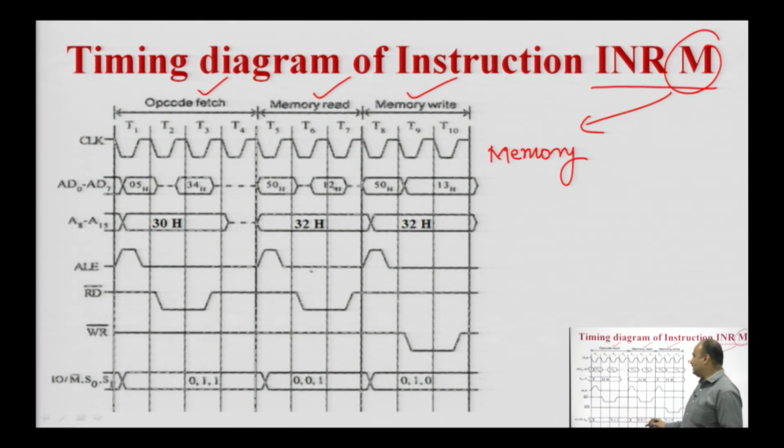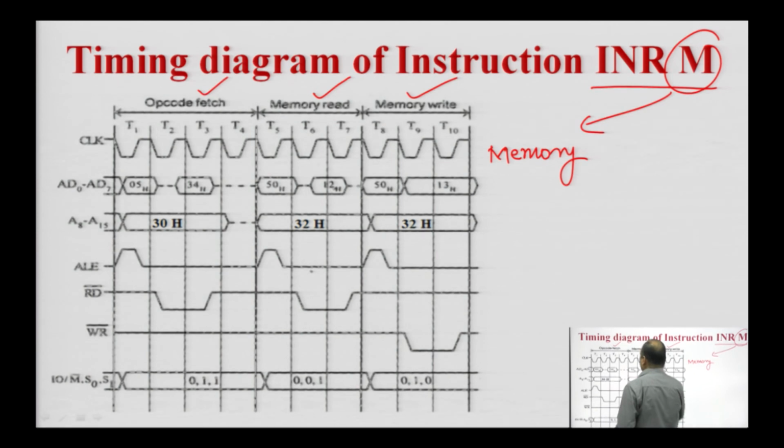During the T1 state of each machine cycle, the processor will generate an active high ALE signal, that is the address latch enable signal. It will enable the latch, that is the IC 74LS373 latch IC. Once the latch is enabled, it will hold the low order address on the A0 to A7 address lines, and with the help of the A0 to A15 address lines, the processor will carry the 16-bit memory address.